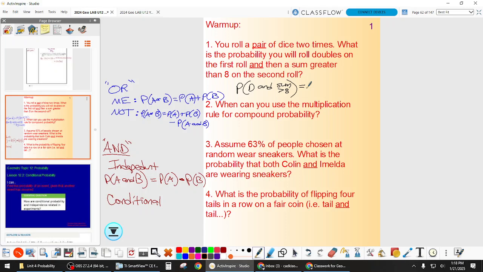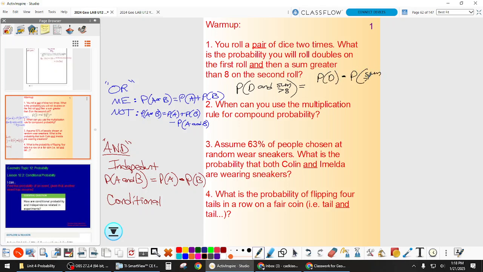Okay, let's practice our questions. So what's the first question? "Or" or "and." So this one is "and." I highlighted that with the underline for you. Okay, now we have to ask, is it independent? So does one roll of 2 dice affect the other roll of 2 dice? No, they're independent, right? So we can just multiply, and just to save some room, we're multiplying doubles times sum